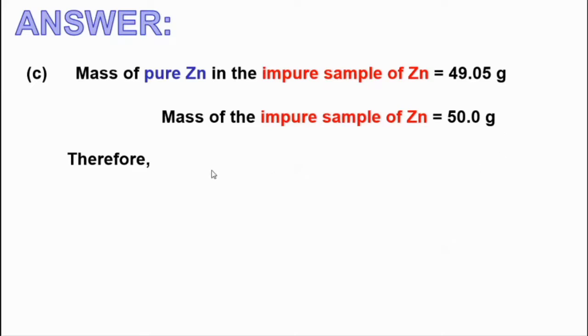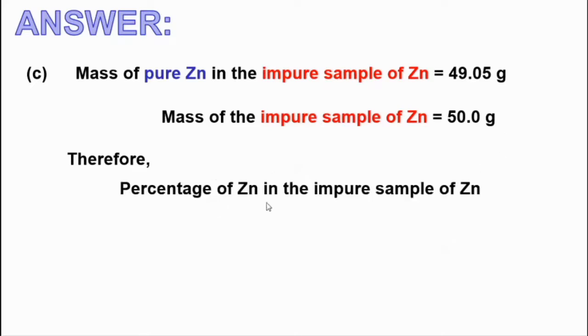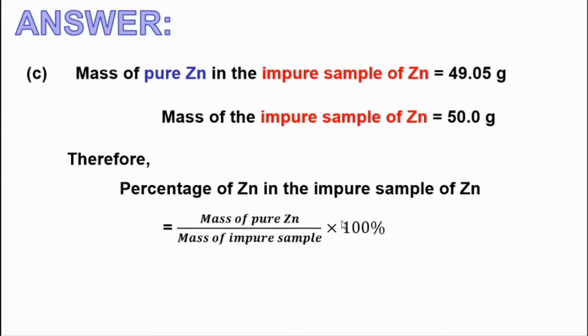So to determine the percentage of zinc in the impure sample, we use mass of pure zinc divided by mass of impure sample, times 100%. Substitute these two values into the equation: 49.05 grams over 50 grams times 100%, and finally we are going to get